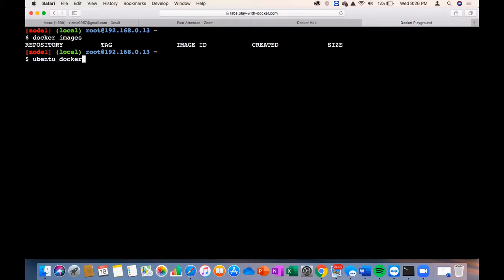No, you have to use Docker. Every command starts with the word docker. So docker space pull space Ubuntu, U-B-U-N-T-U.